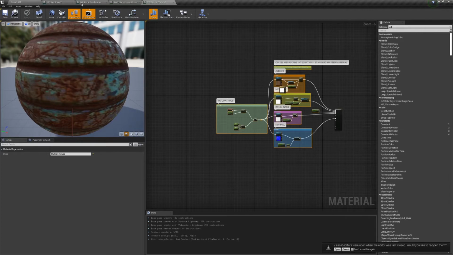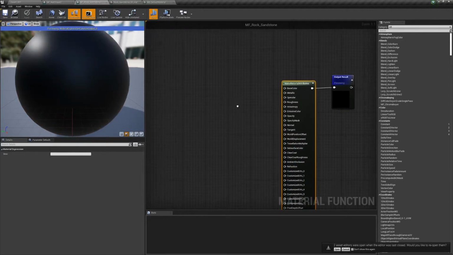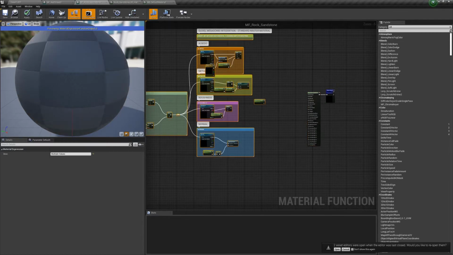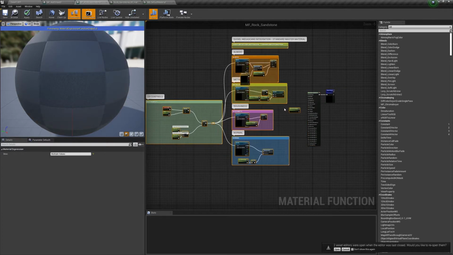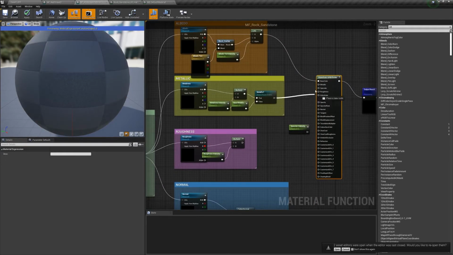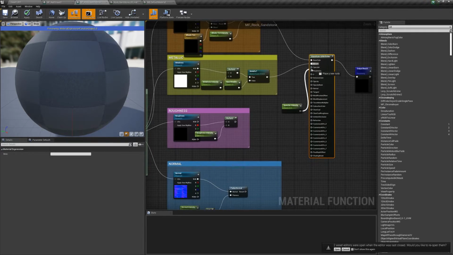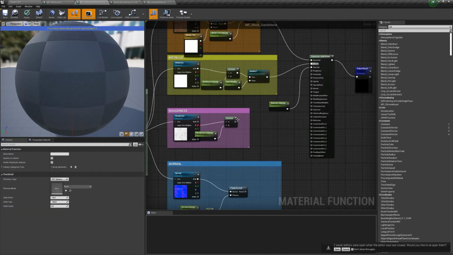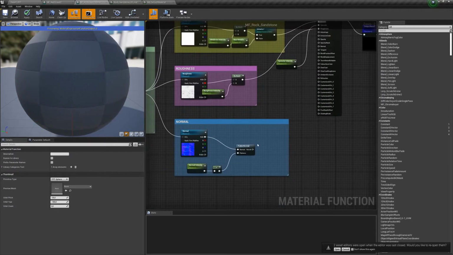and I will take everything and I will copy it, and I will go into my material function, zoom out a bit and paste it. And plug everything in, of course. Roughness, flatten, normal,